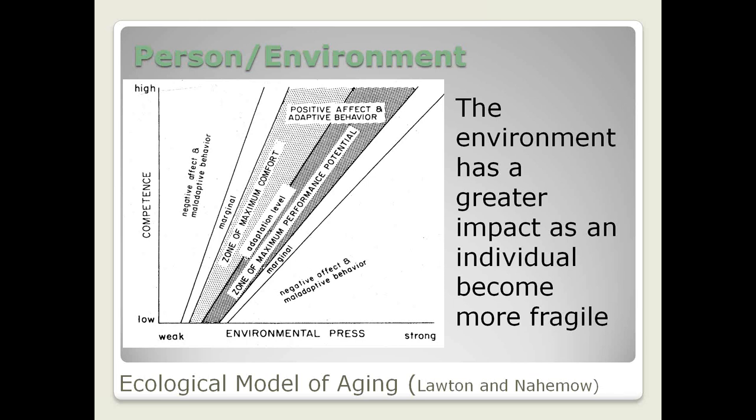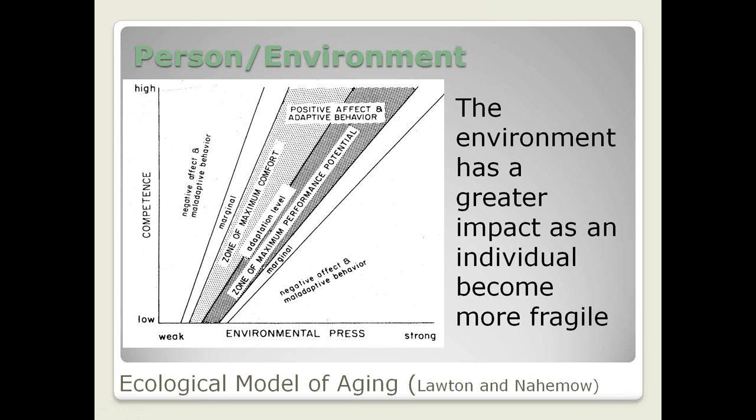This model focuses on capacity, on competence. On this axis, an individual can have low or high competence, a range of competencies. And on this axis, we have the environmental press. There can be a small amount of environmental press, which is pressure from the environment, or strong environmental press. Some examples might be when it's too cold, or too hot,